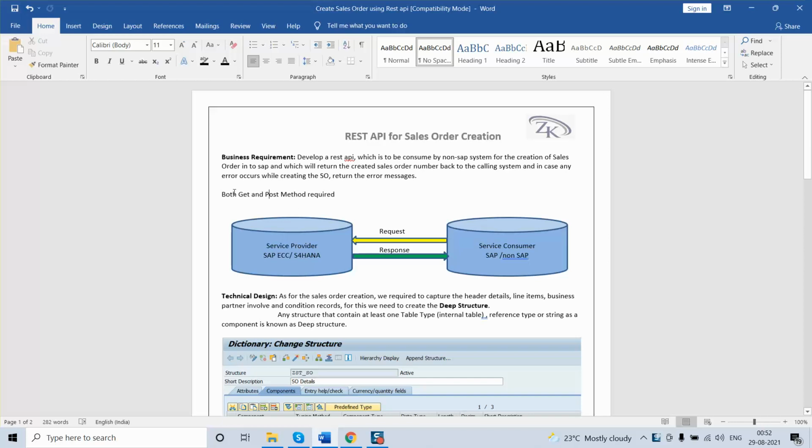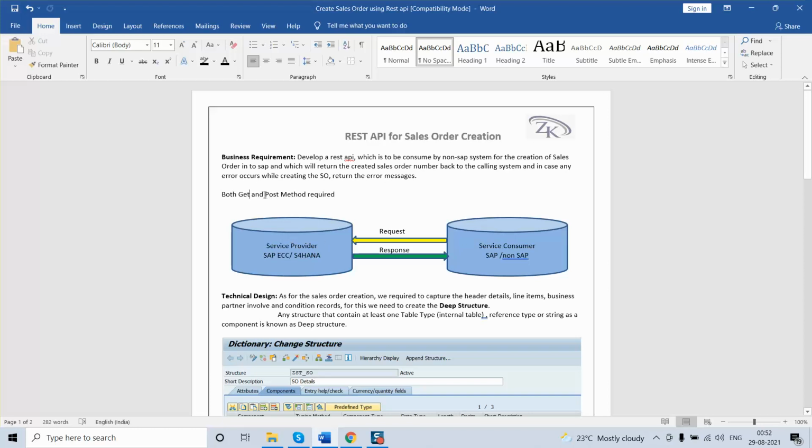For the get method from the non-SAP system, that is from the service consumer side, they will pass the sales order number, and once the get request is received along with the sales order number, SAP should return all the data related to that sales order as a get method.